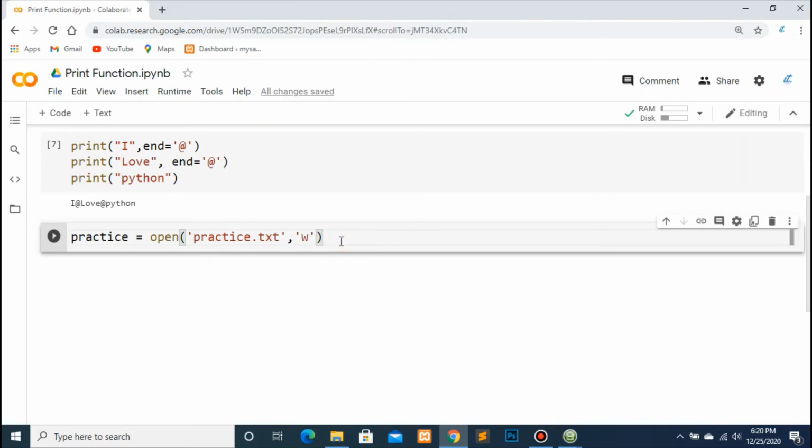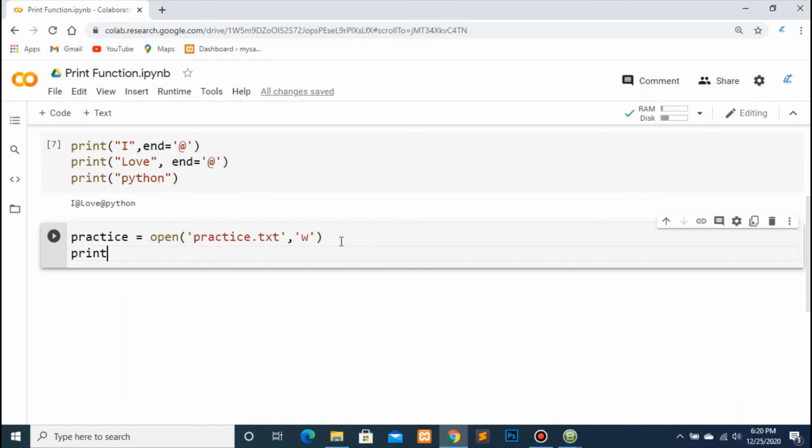Then the next line will be print, and what to write in this file? I want to write I love programming in the file which is named practice. Here you have to mention file is equal to practice. This practice should be this one, not this one.